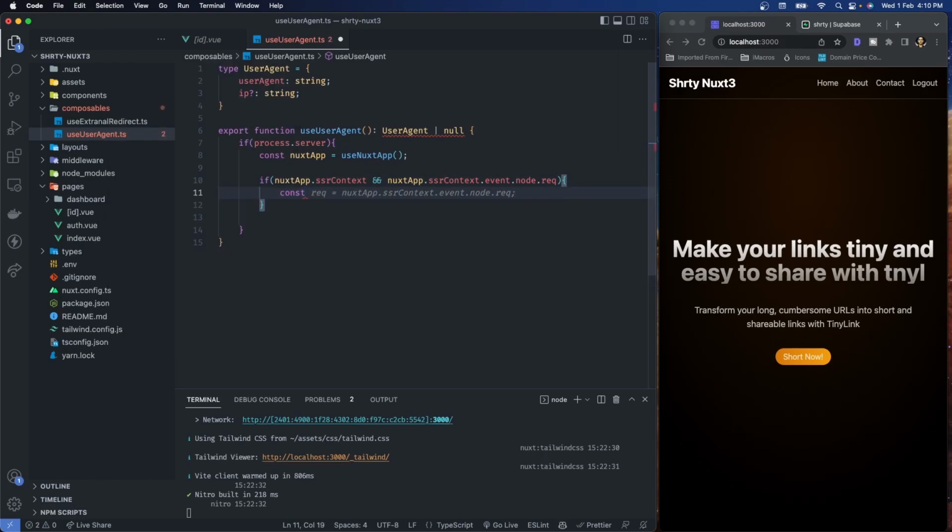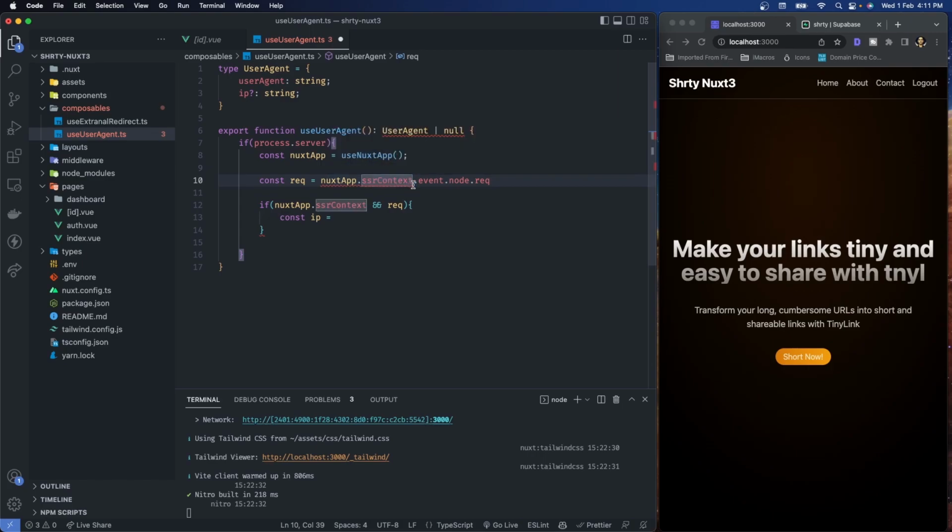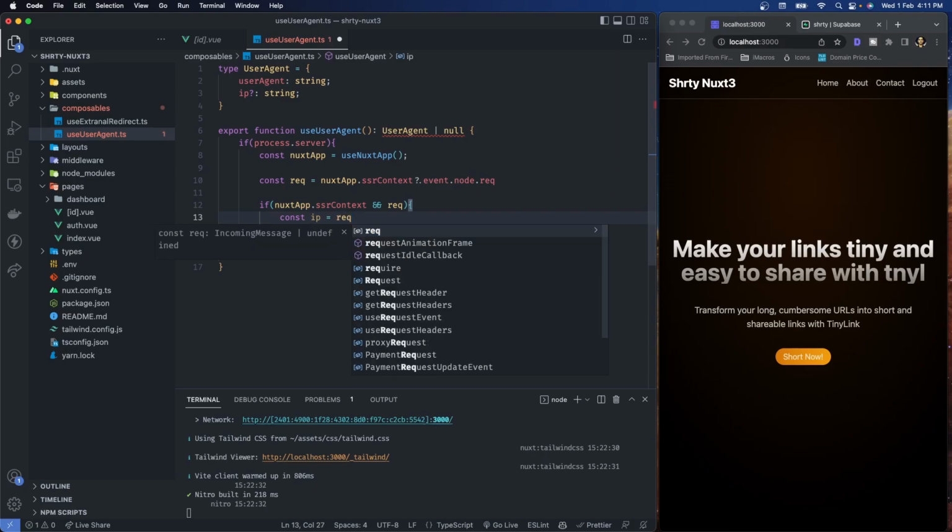is get a new variable named ip. This is how we are going to get the IP. Because we are going to use this request a lot, it's a good idea to create a new variable and just name it request, and we'll assign the request just like this. So if request exists, it might be false, so we can do this. If request and this exist, then we can get the IP address